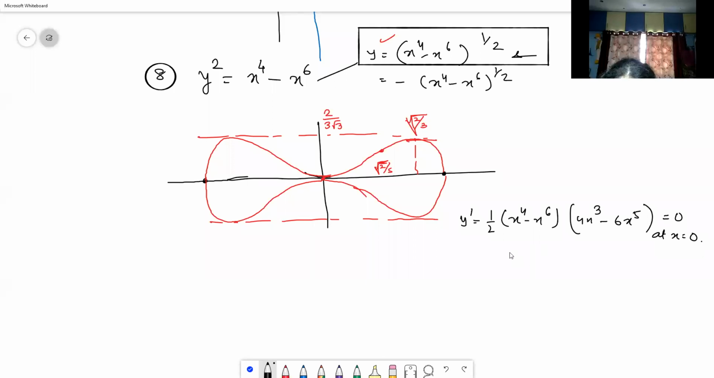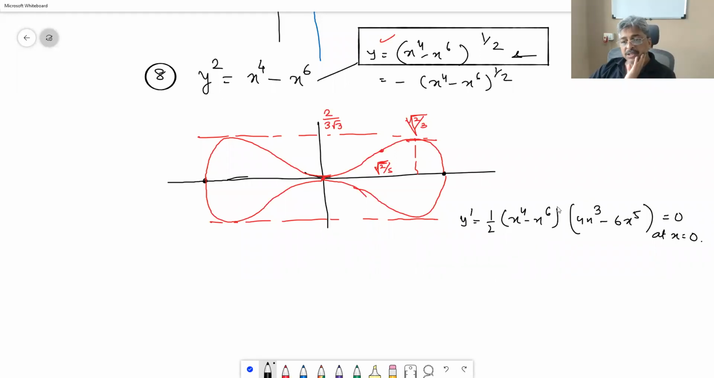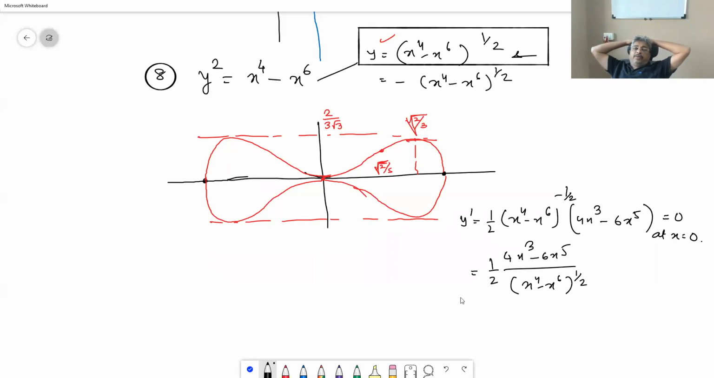But x raised to 4 minus x raised to 6 will come in the denominator, right? Why? Because half into x raised to 4 minus x raised to 6, raised to minus half, minus 1, and it will go in the denominator. Let me write down: 4x cube minus 6x raised to 5 upon x raised to 4 minus x raised to 6, raised to half, into 1 by 2. So if we put x is equal to 0, then what is happening? That is a good question. So the derivative at that point is